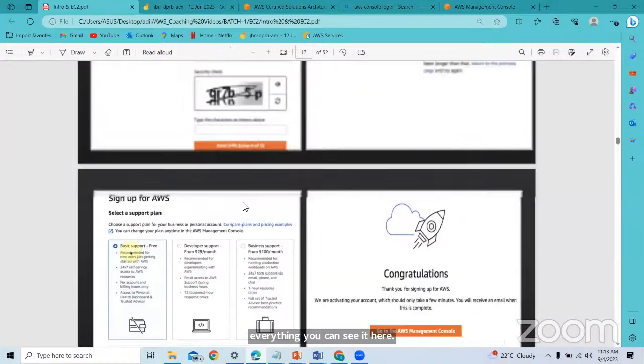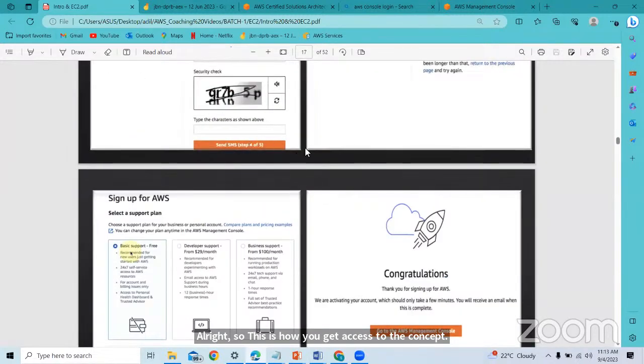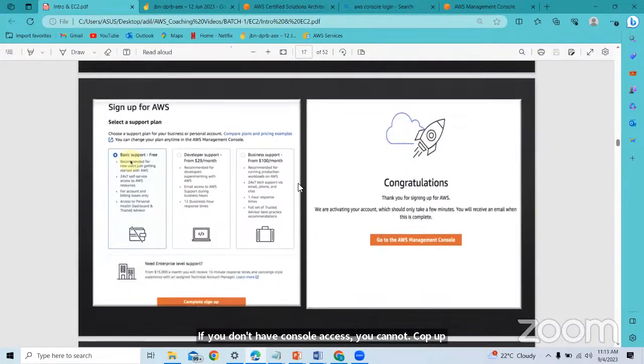So this is how you get access to the console. Everyone who is joining the classes should have console access. If you don't have console access, you cannot cope with the classes, guys, because every day I'll be giving you small assignments. We'll be deploying 1 or 2 services, so you will require that console access.